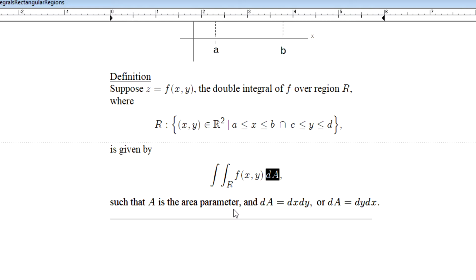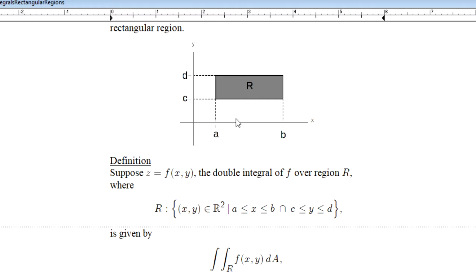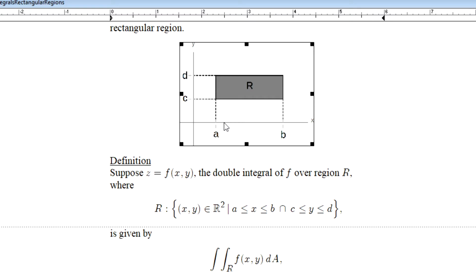If we were to remove some of that arbitrary nature to this description of a double integral, that value dA could actually be thought of as the quantity dx dy, or the differential dx times the differential dy. The infinitesimal change in x times the infinitesimal change in y is going to produce an infinitesimal change in area. If we were to consider that in our graph here,